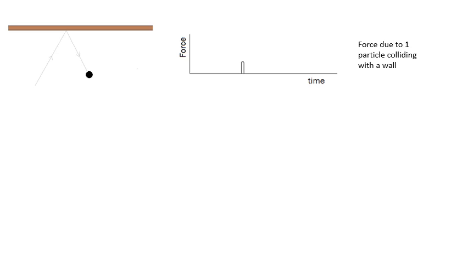Now imagine you throw a ball against a wall. When the ball collides with the wall, it will exert a force on the wall. It'll probably be quite a small force for a very short time. So a graph of force against time would just be this little blip, while the ball is actually in